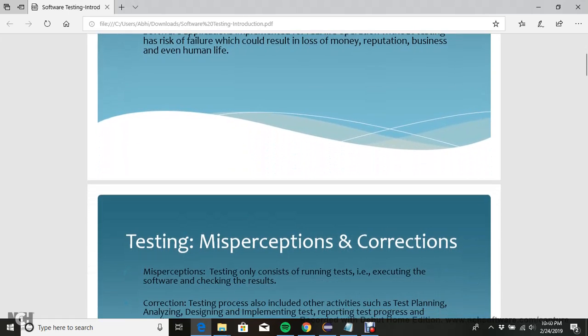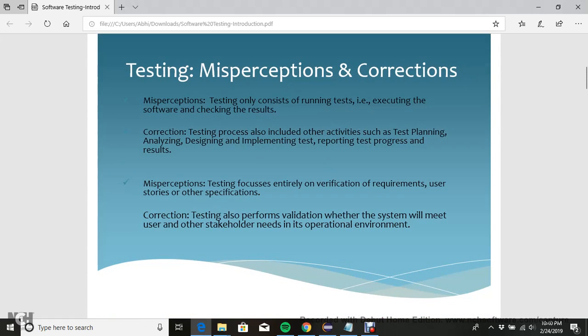We'll move on to the next slide that says, for testing there are a few misperceptions and their corrections. So the first misperception is that testing only consists of running tests, that is, executing the software and checking the results. Often, when we work on real-time software testing projects, we see this,